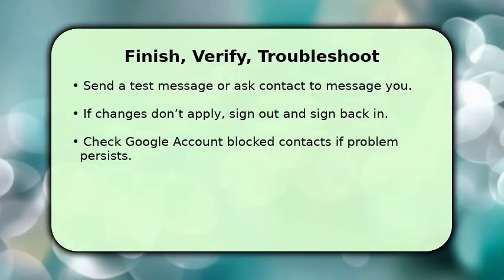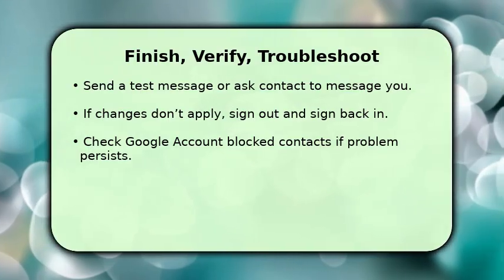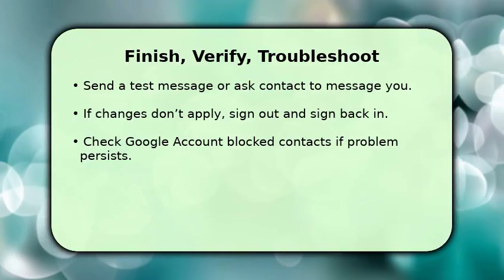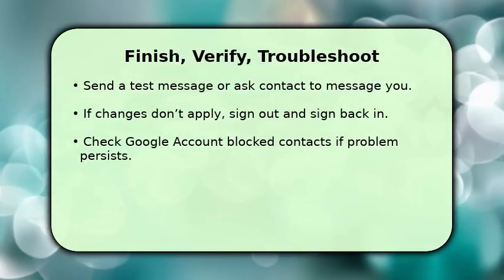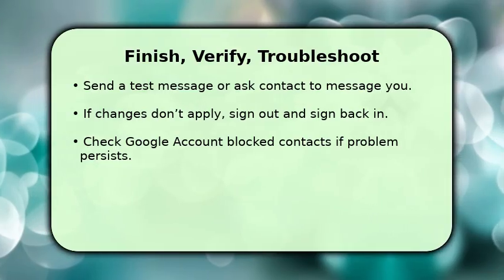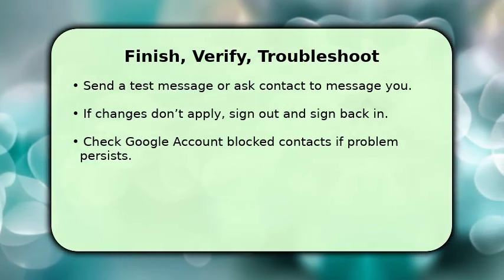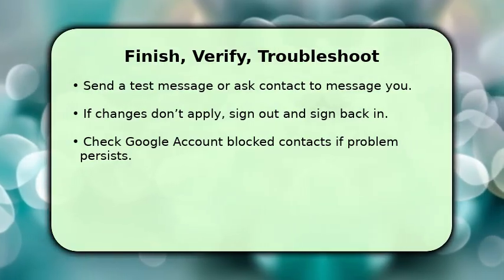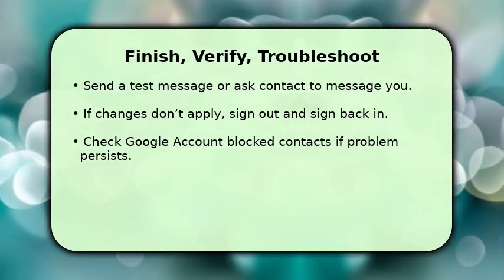If the person still appears blocked, sign out of Google Chat and sign back in, or restart the app to force a sync. Also check account-level blocked contacts via People and sharing in Google account settings. Sometimes block lists sync from there. If messages still fail, clear the app cache on mobile or try an alternate browser. These steps resolve most